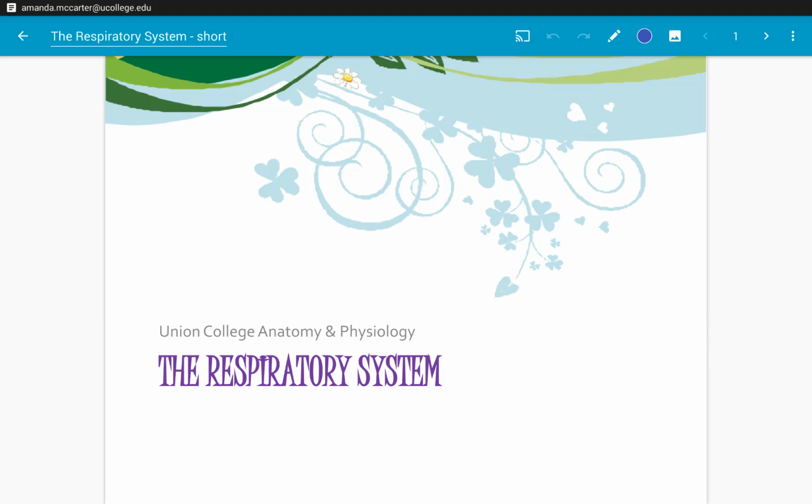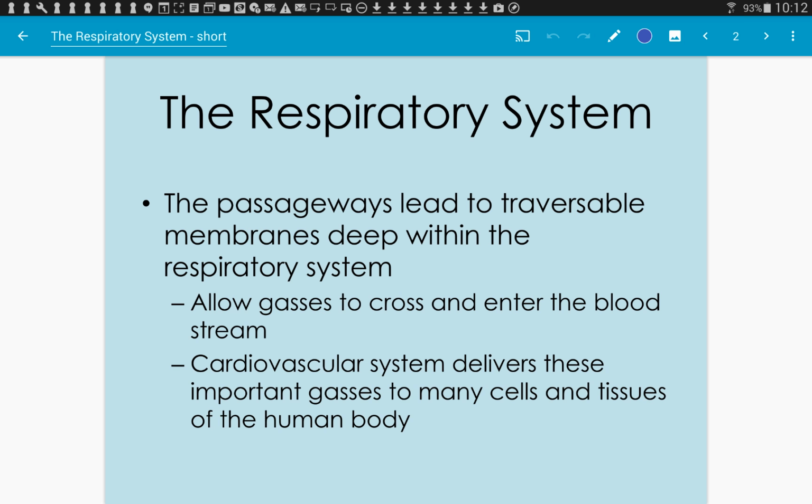On, it says the respiratory system, short. So that's the one you'll refer to. Trying to make this, there we go, so we can write on the board if we need to. So we're just going to get started, and thankfully you guys have reviewed the chapter ahead of time, so that's